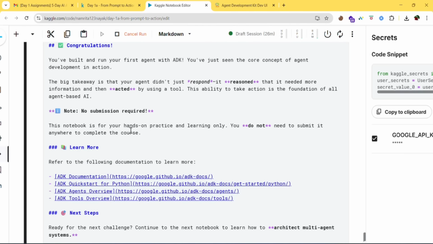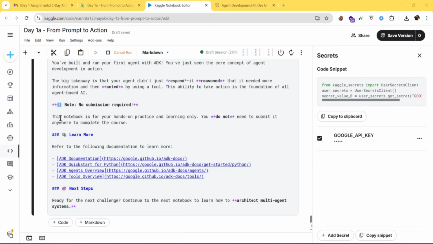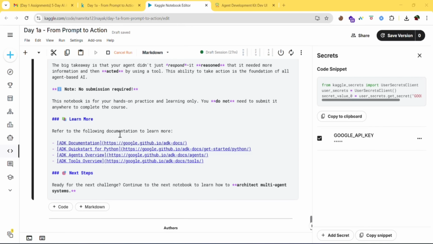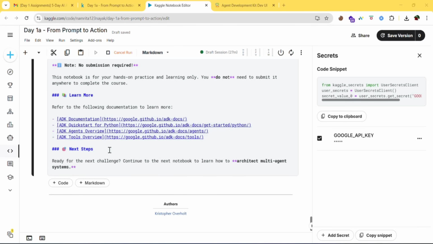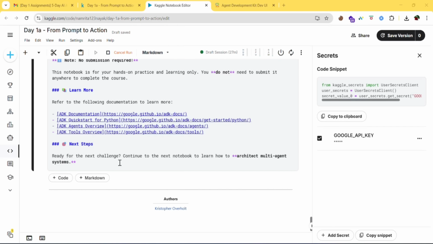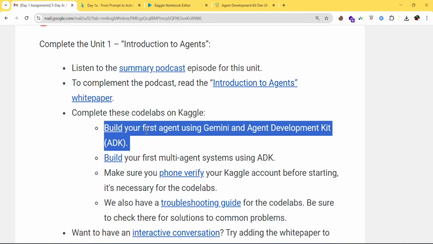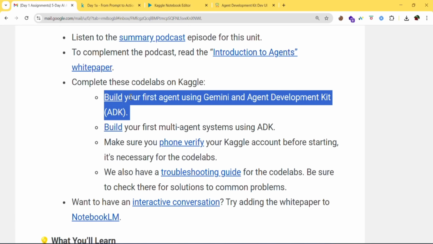So next, no submission is required. This notebook is for your hands-on practice and learning only. You do not need to submit anywhere to complete the course. Refer to these for more info. In the next part you'll learn about architecting a multi-agent system. We'll discuss this in the next video. So here you can see we have just completed the first one, build your first agent using Gemini. In the next video we'll see